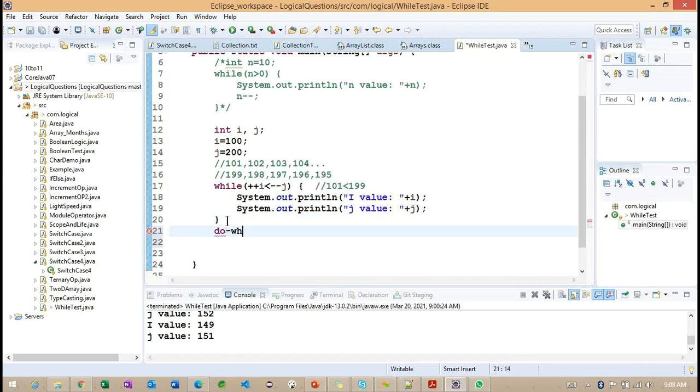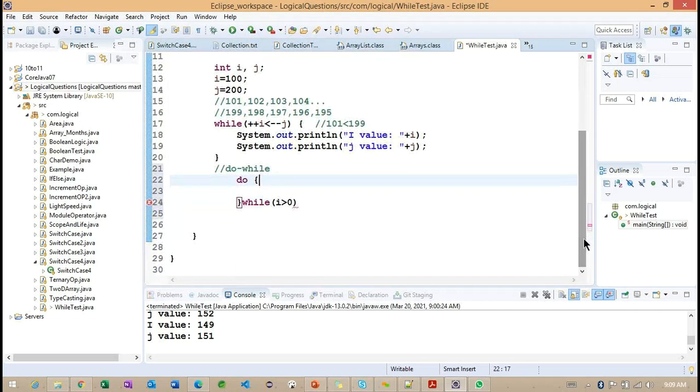Now back to here. So we are having the do while loop. So this is a do while here. But now what I am going to do? Simply do, and after this we are going to make it a while here. So here again we are going to add a condition. The simple condition I am adding here is n greater than 0. So instead of n, i greater than 0. So carefully observe here what we are doing in this particular do while loop. Basically, whenever we are getting to line number 22, the first time we are giving an option to enter into the block. Getting the point?